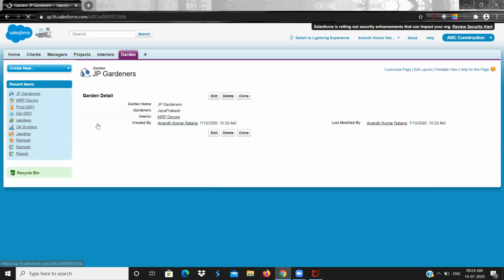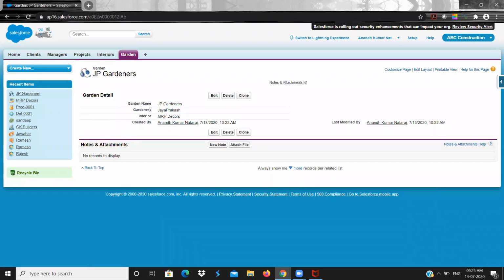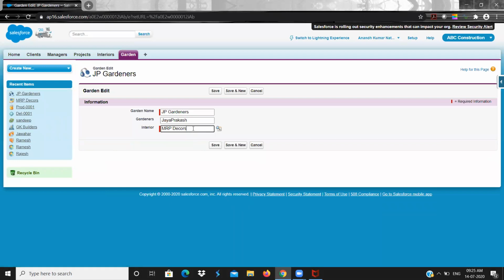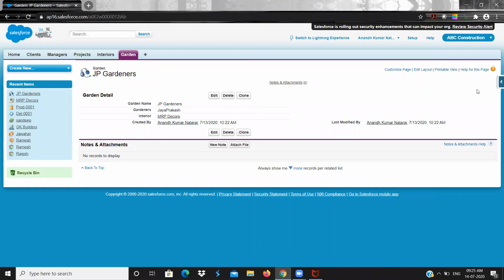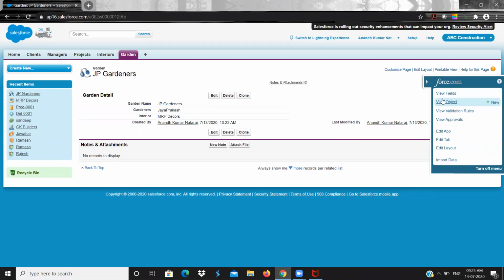The only one thing is, if I forget to give the parent while creating the child field, while creating the record, and I want to reparent it to another parent after creating that field, is it possible? It's not possible, right? Yeah, you need to use the checkbox reparent in the lookup relationship field. If you use it, you will get this option to reparent. If not, you will not get the option.